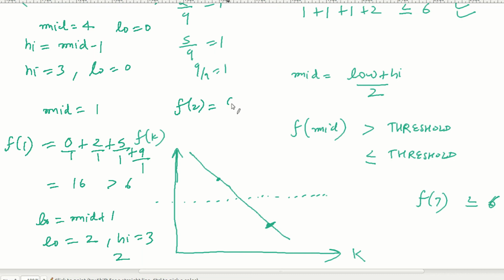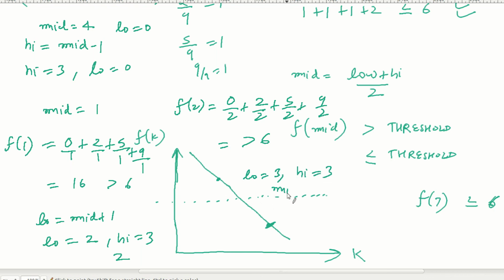F of 2 will be 0 by 2 plus 2 by 2 plus 5 by 2 plus 9 by 2, which will be nothing but 1 plus 3 plus 5, which is also greater than 6. So it means that is also not a possible answer. So again I will do low equal to mid plus 1. So now low will become 3 and high is also 3.